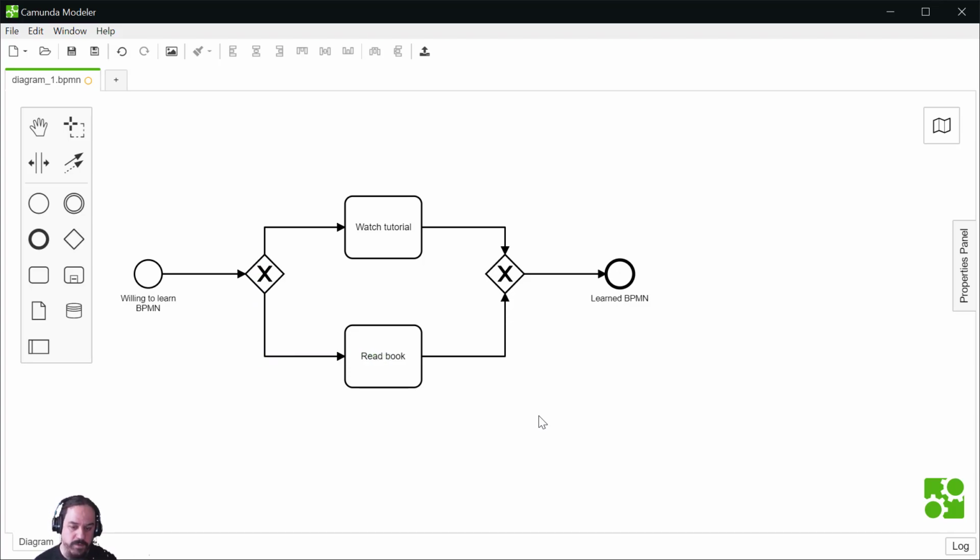You read your book, everything goes fine, and you end the process and reach the second gateway. In that second gateway, it sees a token, munches it, and outputs a token. And this completes the process with learn BPMN. So that was quite simple.